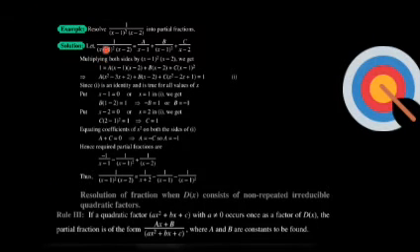Second example says that resolve 1 by x minus 1 whole square into x minus 2 into partial fractions. As you can see, in this denominator, one of the linear factors is being repeated. There are 2 of them. So what do we do here? We write 1 by x minus 1 whole square into x minus 2 is equal to a divided by x minus 1, first factor, and then the same factor again with the higher power, power 2. So b divided by x minus 1 whole power 2, plus c over x minus 2.